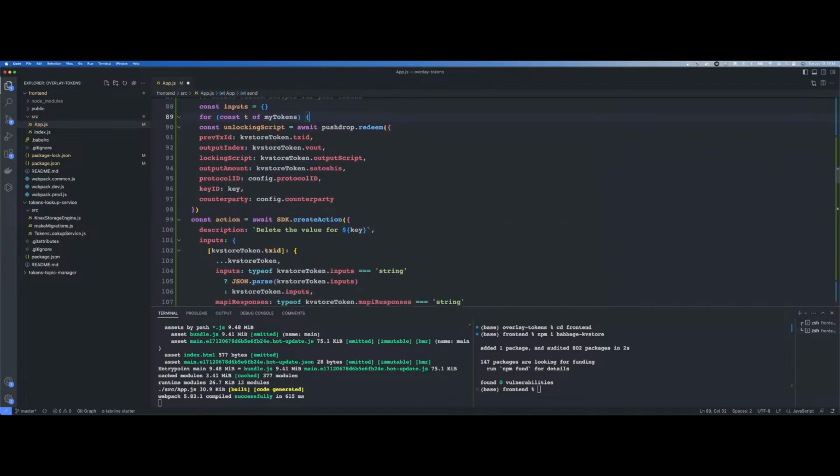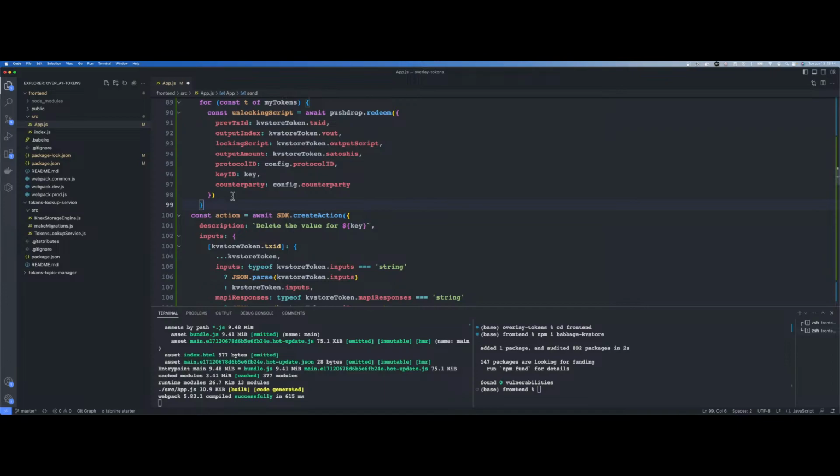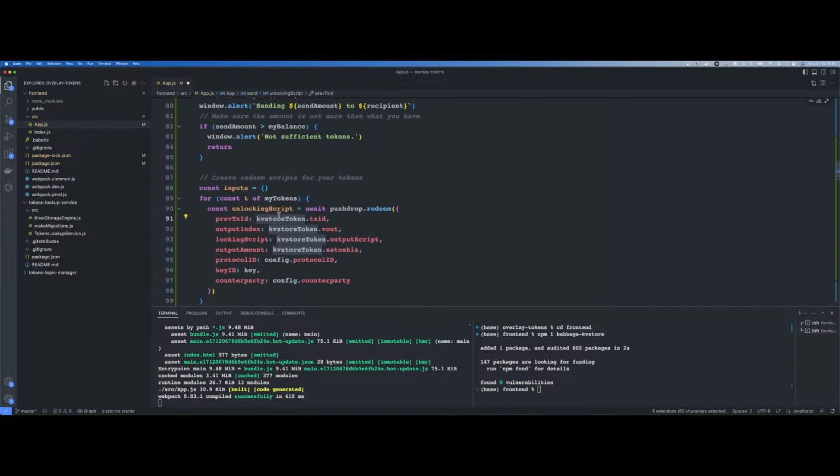For each token in the my tokens list, we're going to get the unlocking script. And how you do that is you say T. Whoops, I did that too many times. So you get the output script and the Satoshis and everything, and you say the protocol ID,